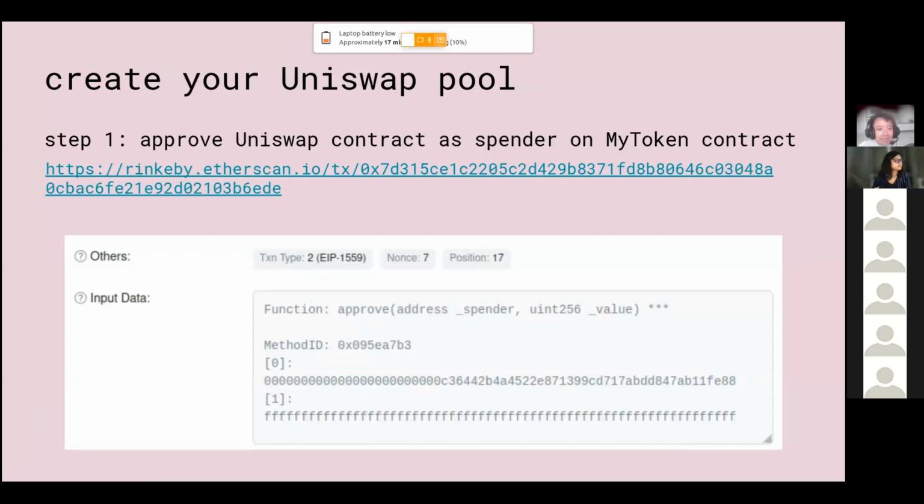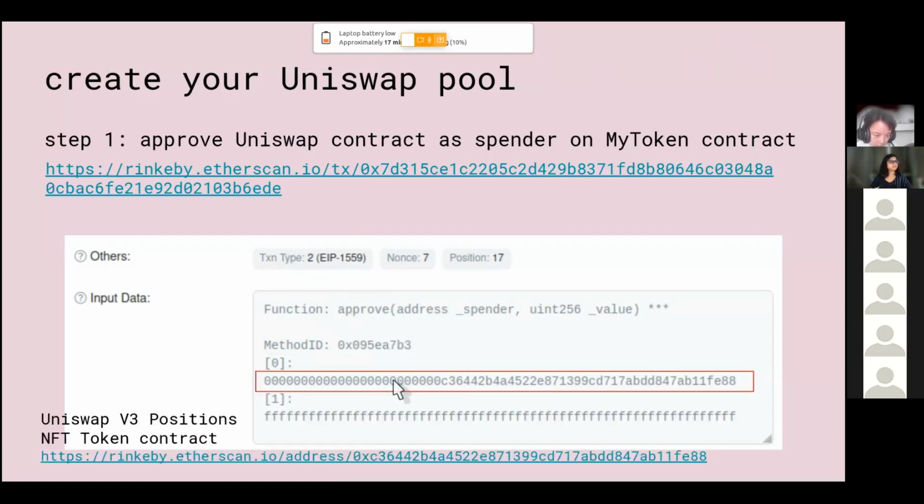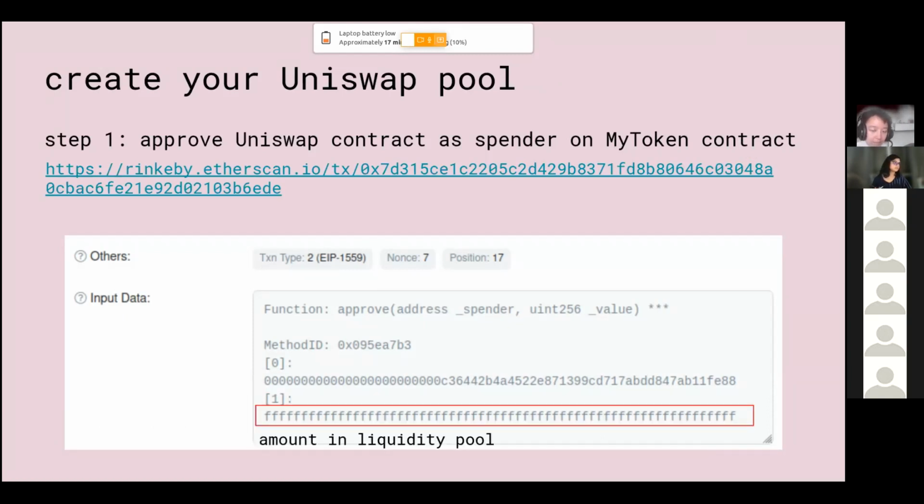And like Akshata said, that involved firstly approving the Uniswap contract as a spender on the Yay token contract. You can see over here that you signed this transaction that approves the Uniswap address. It's the Uniswap V3 Positions NFT token contract address. And you approved it to spend this amount, which is the amount of Yay you put into